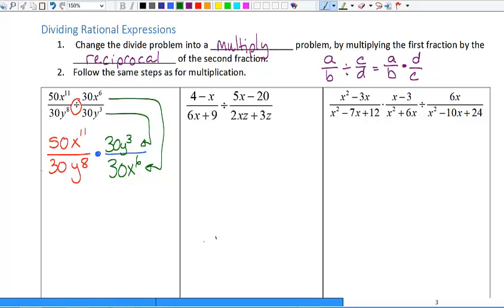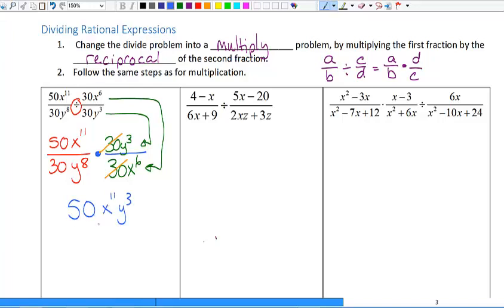If there's any factoring to be done, I would do that first, but there isn't. So I am just going to see if there's anything that divides out nicely. I can see that this 30 and this 30 divided out nicely. And on this problem, sometimes students have a hard time seeing all of the terms. If you want to, and this is an option, you could multiply the tops together first. So I have